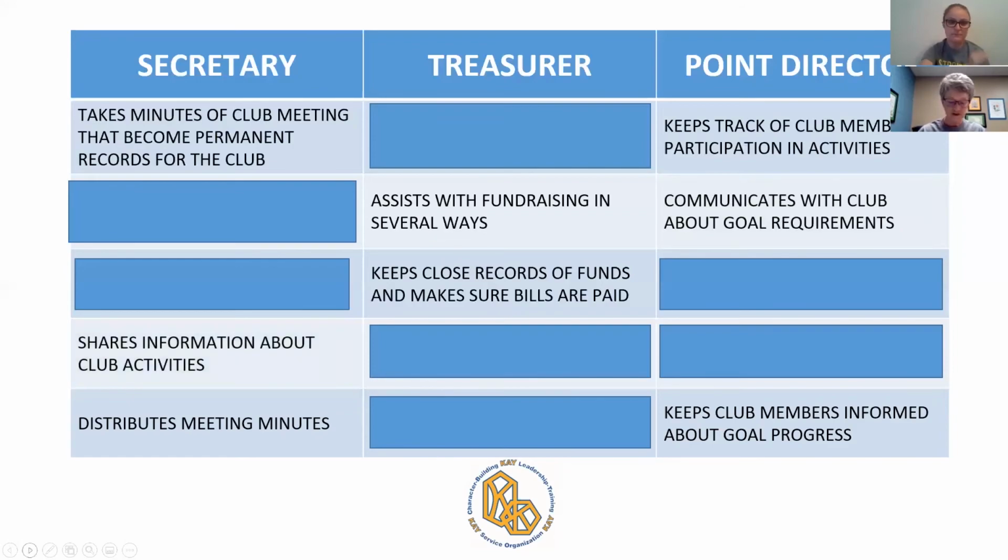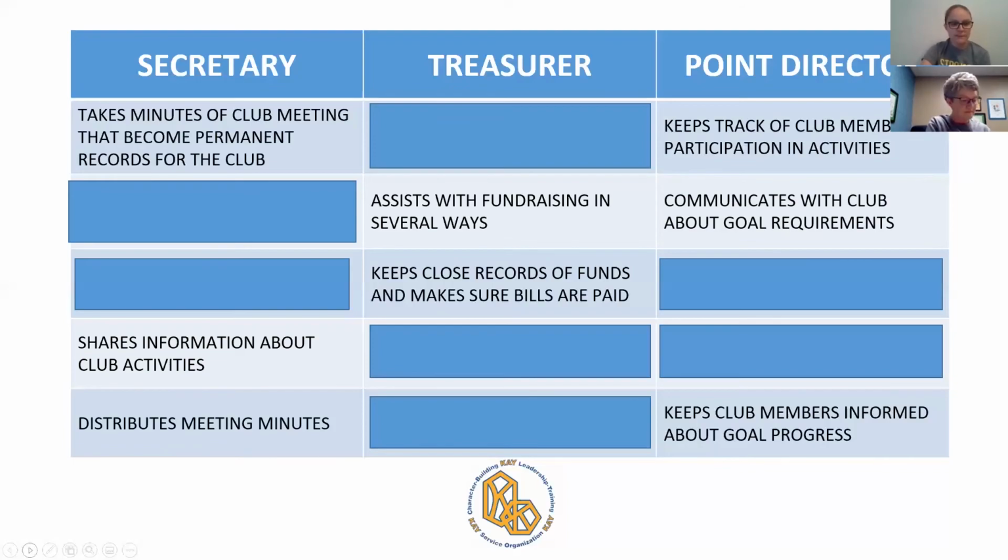Okay. Shares information about club activities. That is the job of the secretary. Secretaries have to be really good communicators. They might be asked to help the president. They might be able to help the publicity director. They might be asked to help the treasurer or other members of the club keep everybody informed about what's going on. Some clubs have communication directors or publicity directors, and those people can work very closely with the secretary as well. You may have someone who's in charge of social media who communicates via Facebook to your members or Instagram or Snapchat or all kinds of membership apps that you can share. Things like WhatsApp is another one. But secretaries really are top-notch communicators in the club.